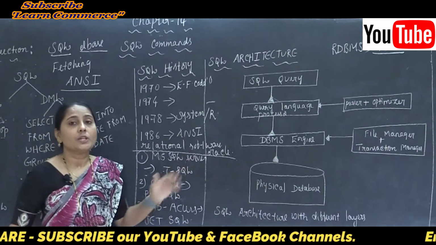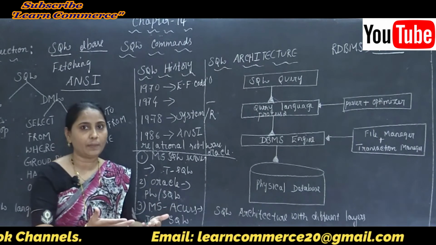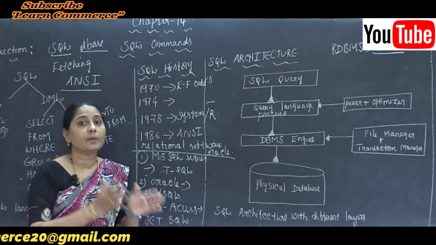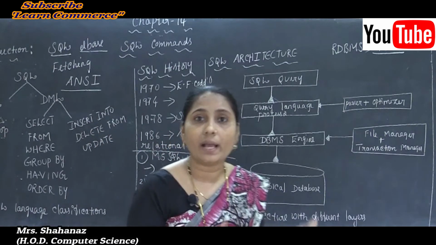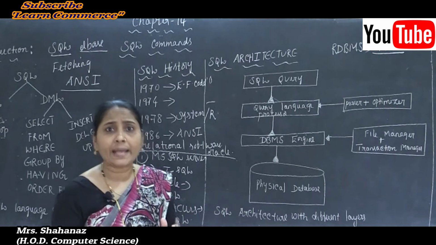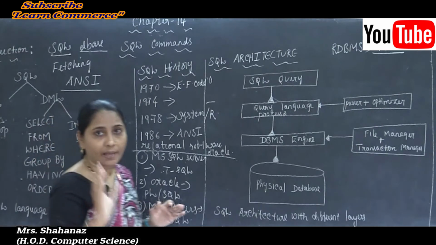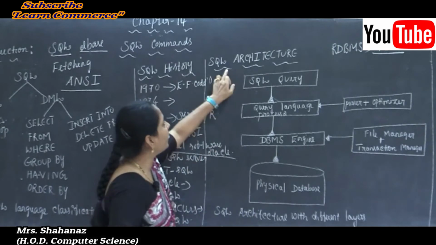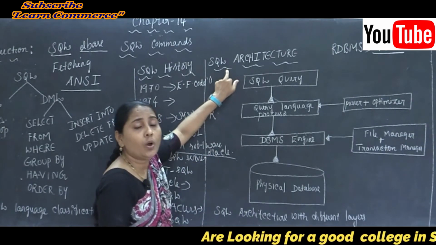Clear this point here? So maybe you want to create a table, that means your request is creation of the table. Maybe you want to delete some information from the table, your request is to delete some record from the table. So whatever request you are giving to our SQL language, in the best way they want to carry it out. That means they want to interpret all those tasks in a correct manner. Clear this point here? So this is the most important thing in our SQL architecture or in our SQL language. So what are the commands?